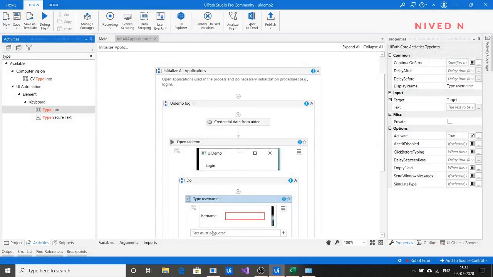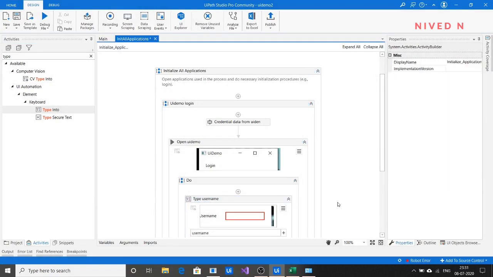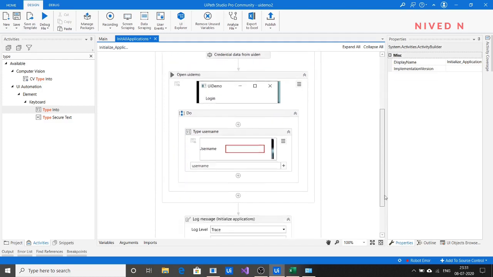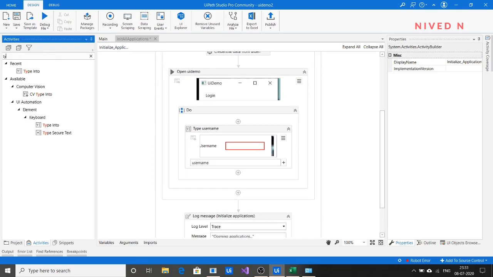Just type the username. You know the username is username. But for the password you can't use the normal type into activity. There you have to use the type secure text activity, because the password is a secure string. So there is a specially made activity for that, that is type secure text.